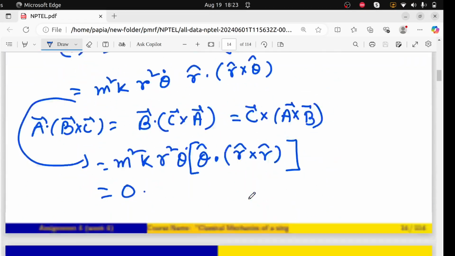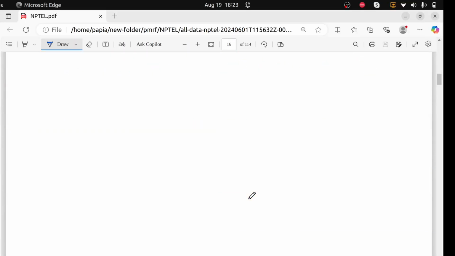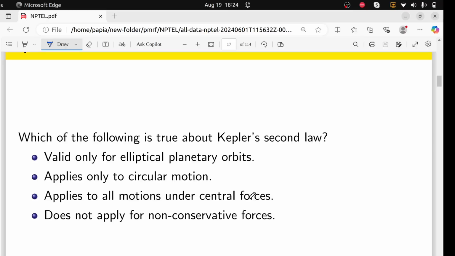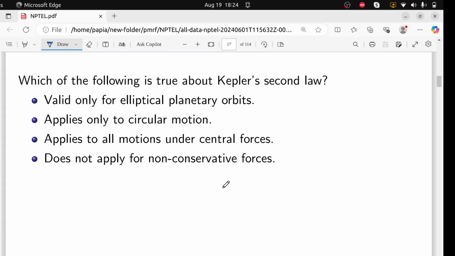So now come to the next question. Which of the following is true about Kepler's second law? Okay, so what is Kepler's second law? That we need to know at the very first. Okay. So Kepler's second law, if I just write here,